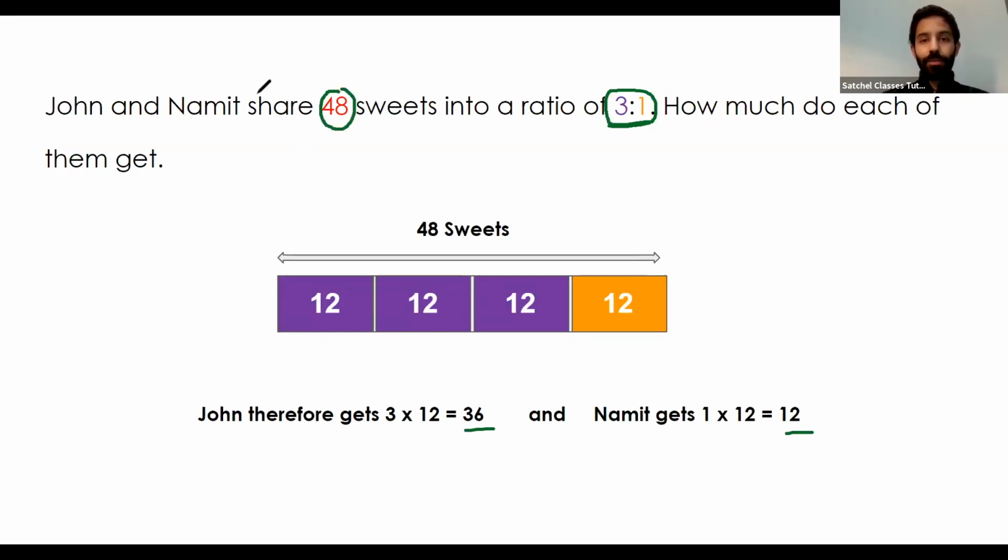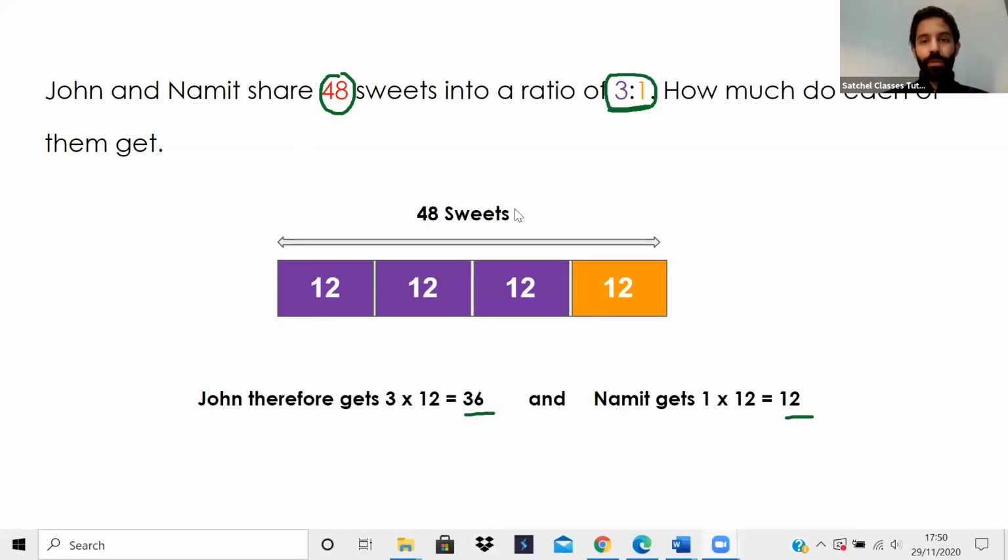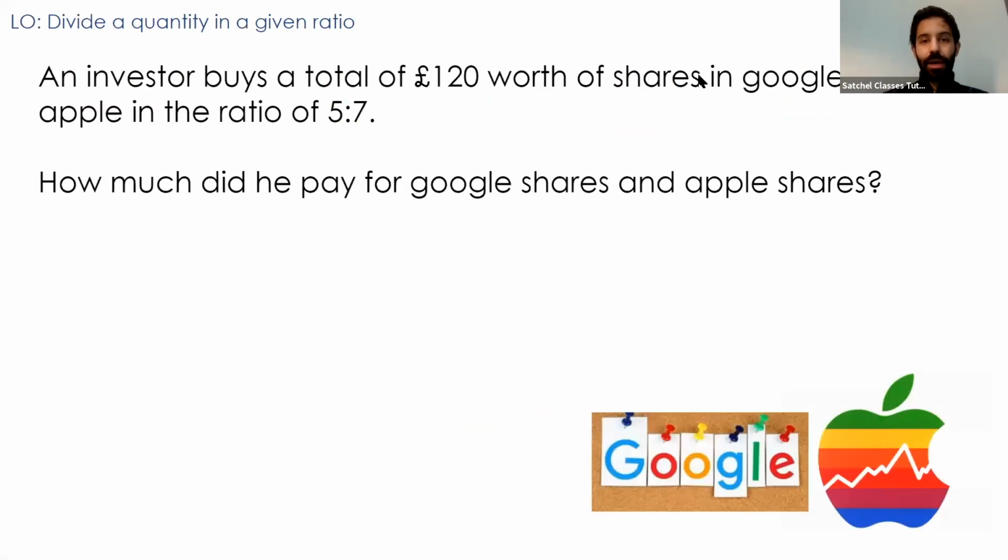All right, let's move on to another question then. Here we have an investor who buys a total of £120 worth of shares in Google and Apple in a ratio of 5 to 7. How much did he pay for the Google shares and the Apple shares? Again, we're starting with £120 and we're splitting that into a ratio of 5 to 7. So in total, we have 12 parts. So we need to draw